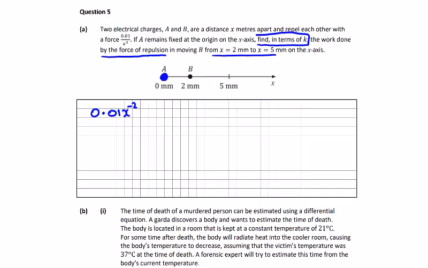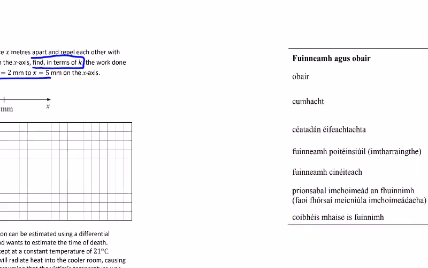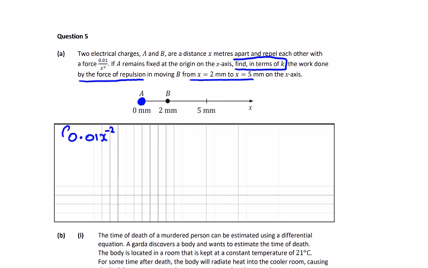to 5. Work done is force by distance, or the integral of force with respect to distance. So we have the integral of the force with respect to x should enable us to find the work done between 2 and 5, so 0.005 and 0.002. So this is going to give 0.01 x to the minus 1, increase the power, divide by the new power, so just putting a minus 1 in front, or just a minus,